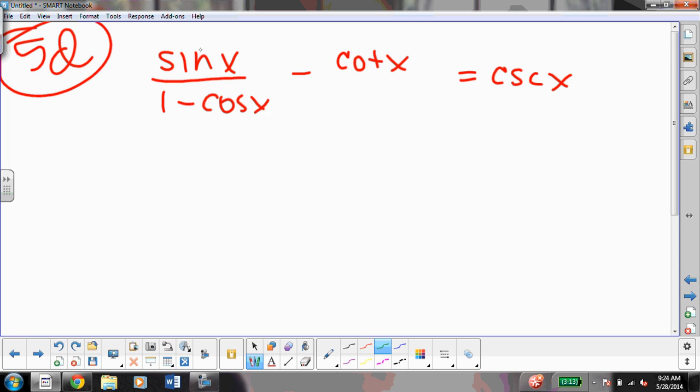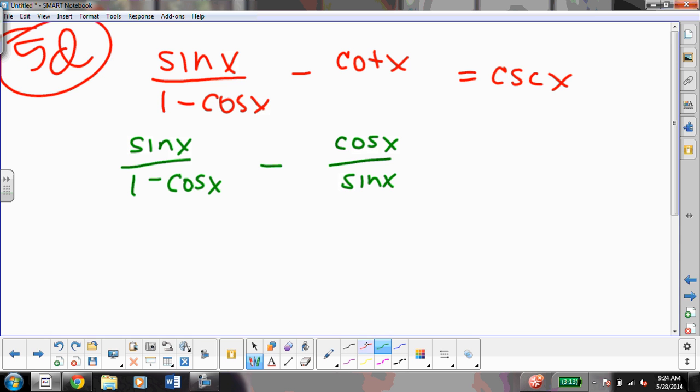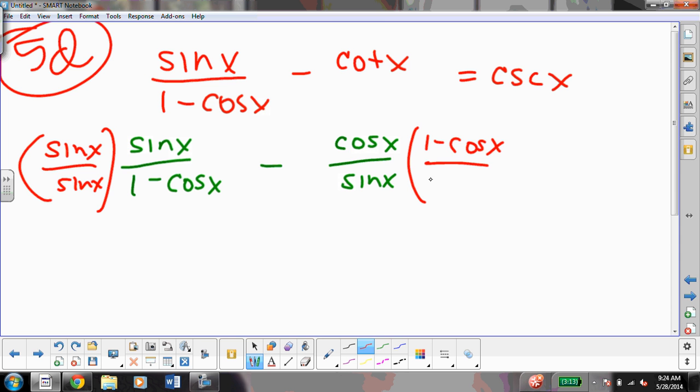I need to work towards getting a common denominator, so I'm going to write the cotangent in terms of sine and cosine. Remember, cotangent is cosine over sine. And getting a common denominator, the first fraction needs a sine. And the second fraction needs a 1 minus cosine. So I have sine squared